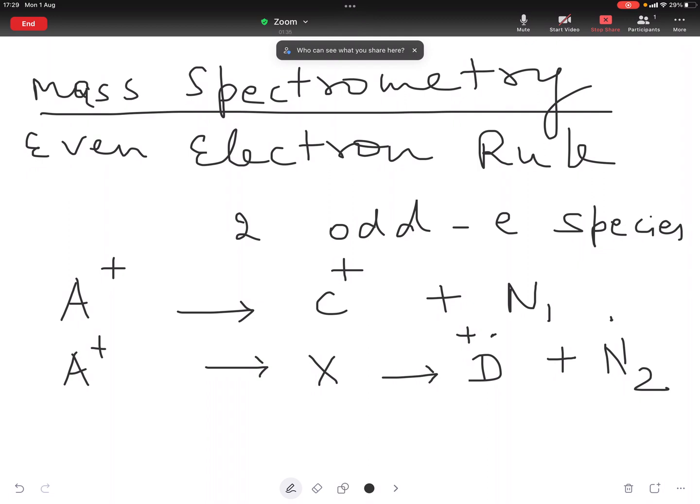Successive losses of radicals are forbidden. Radical ions, being an odd electron species, undergo fragmentation by loss of radicals or even electron molecules. That means